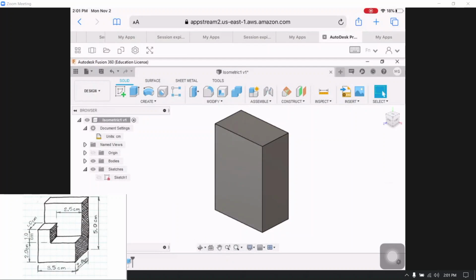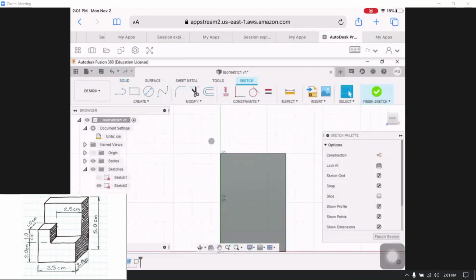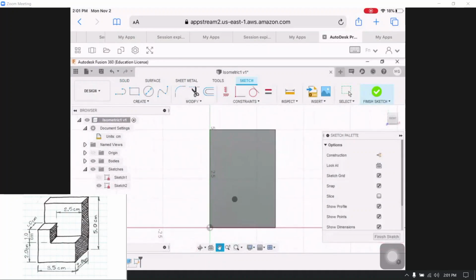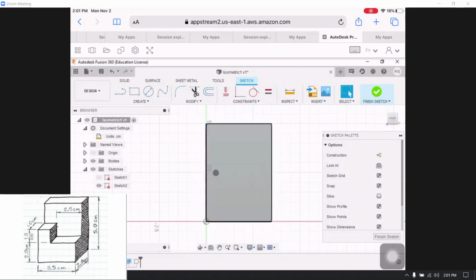All right, now let's cut out the front of the little ledge, if you will. So we're going to hit Sketch, and we're going to pick the front face. Now I'm going to pan with the hand and just center it a little better. Right click, OK. Now I'm going to draw a line. Now watch where I snap. I'm going to drag this selection from my line onto the edge of the part so that,